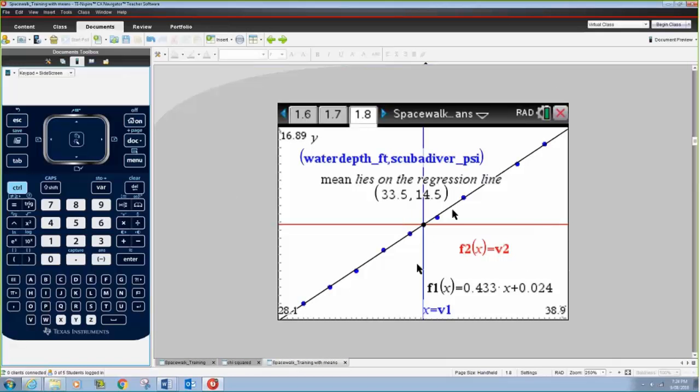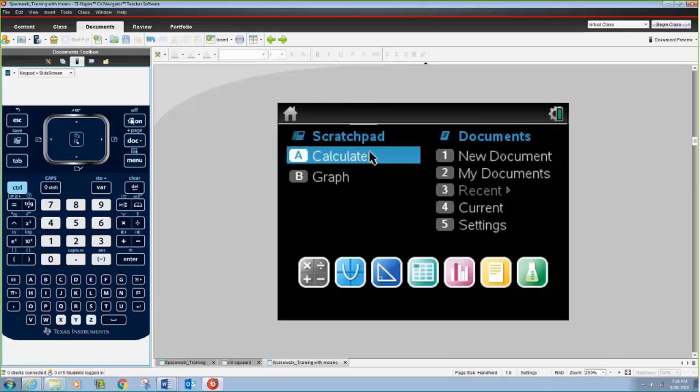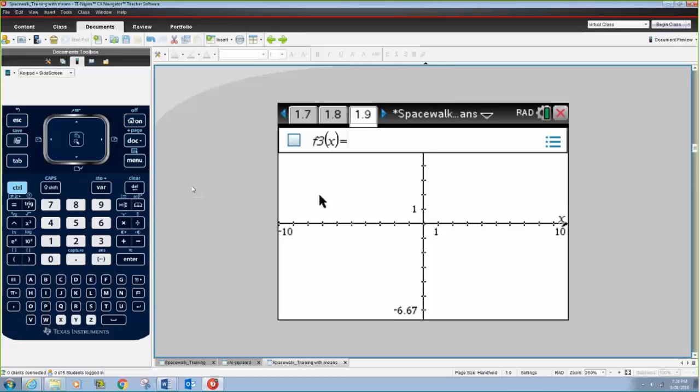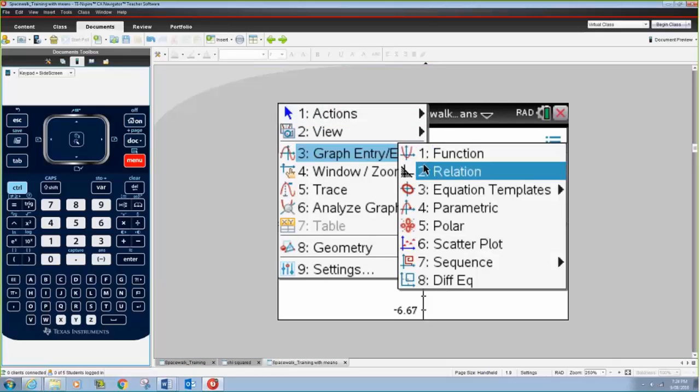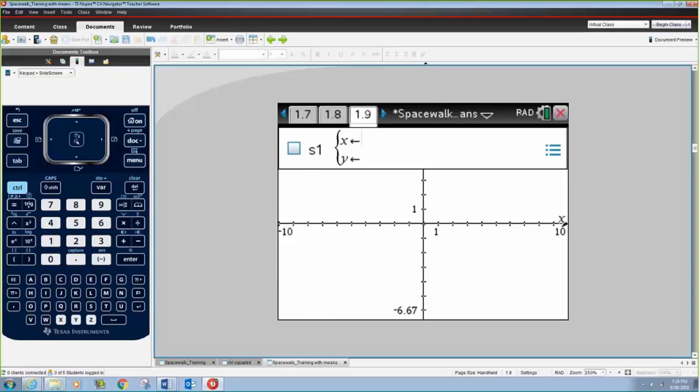So often in the studies course, the students are asked to find the mean value for the independent variable, the mean value for the dependent variable, and plot it on their graph. And they very often do it by hand, but that can be done nicely using the calculator screen here. So using the graph screen, if we go to the graph screen, we need to change the graph entry to the scatterplot, and then we put the water depth as list X, and